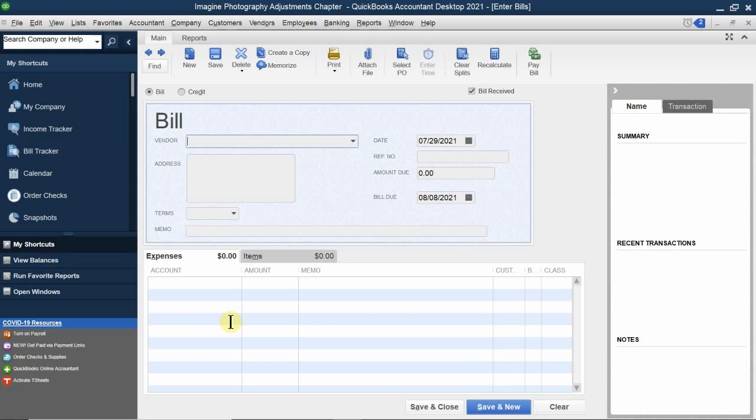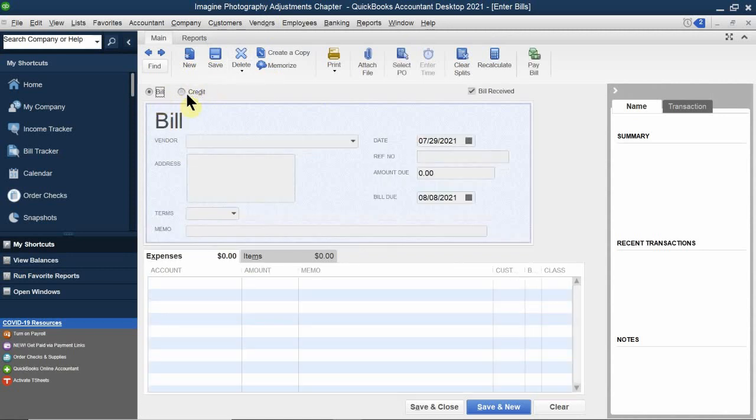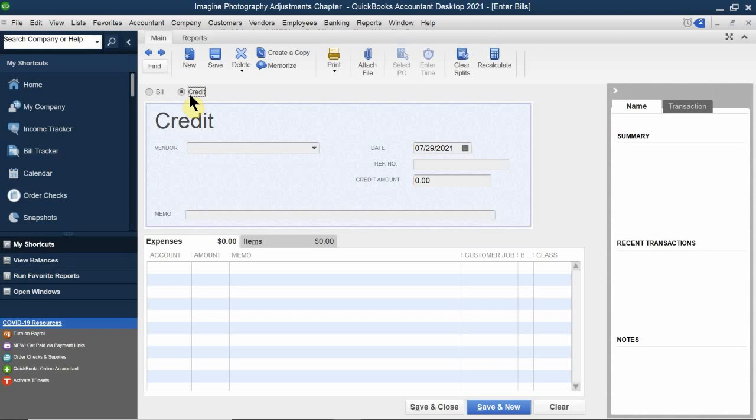Okay, so I'll go ahead and give you the answer to this one. Here we're in the enter bills location. At the top of the window, you have the place to click on credit, and that's how you fill in the vendor credit. So any way that you can enter a bill, you have the option to enter a credit by switching the form from bill to credit. That's how you enter your